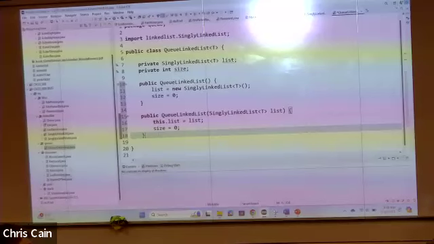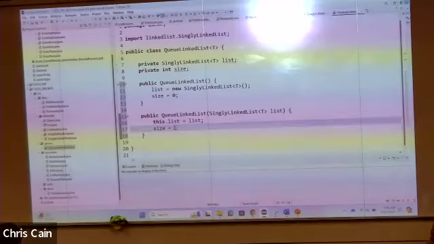I'm just wondering, if we're making a queue linked list off of a list of size 3, why are we initializing the size to 0? Yeah, you're right, size should be list.size, but